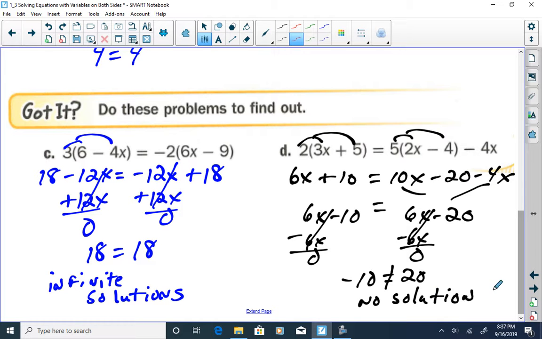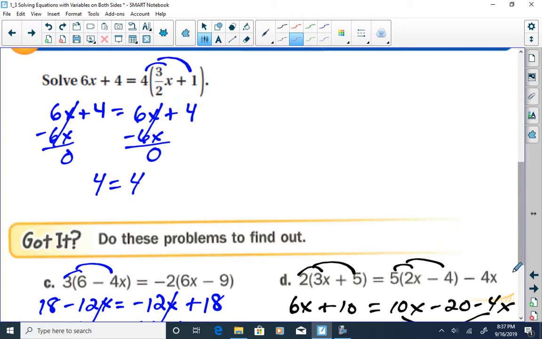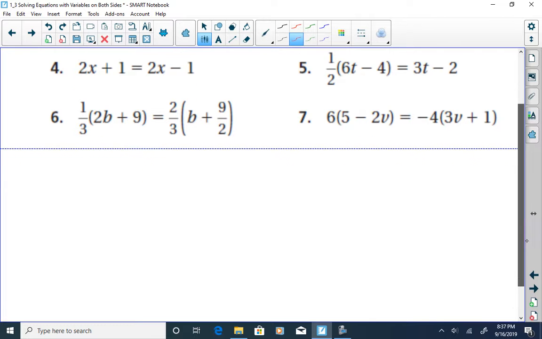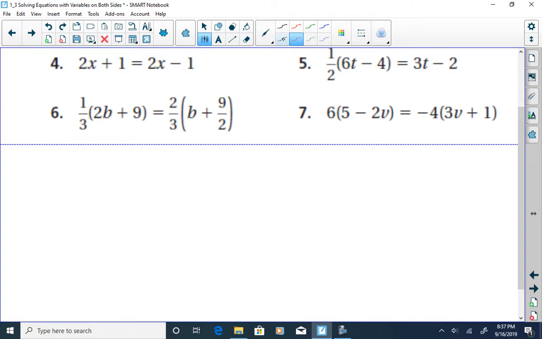Alright, okay, let's see what else we got here. Okay, we'll try a few more, and I think that will be it. So let's try these 4 examples, see what we come up with. Problem number 4, I'll copy here. Problem 4, we have 2x plus 1 equals 2x